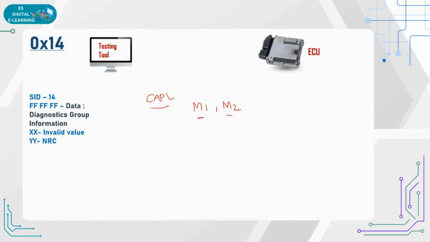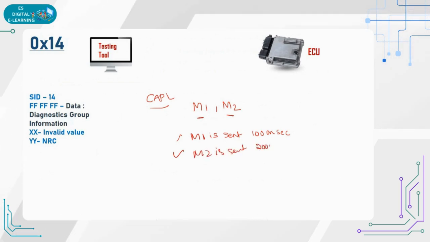So we have two messages. The first message should go first because it is the managerial question they asked. Message one, M1, is sent at 100 milliseconds. Now message two is sent at 200 milliseconds. It is clear, right? Two different messages, two different timers. Next, after 5 seconds, 5000 milliseconds,